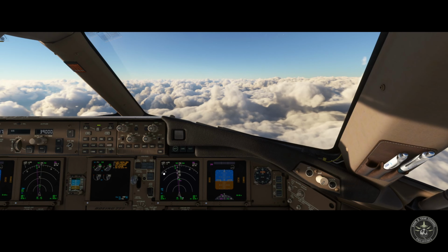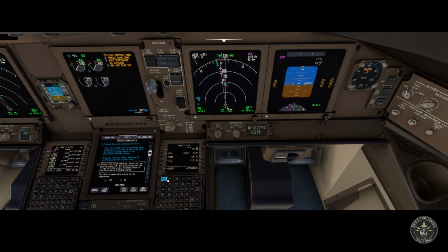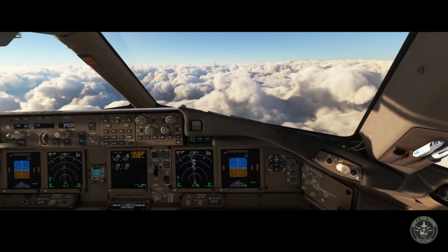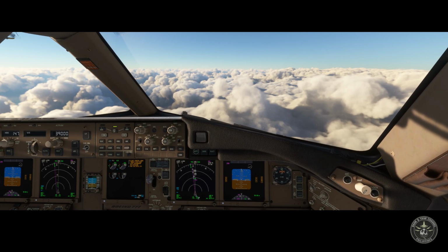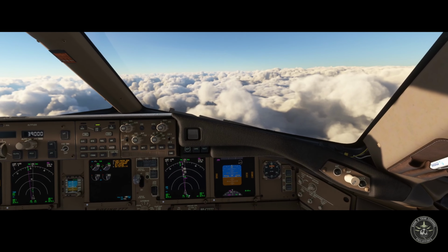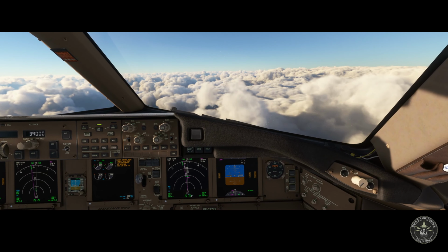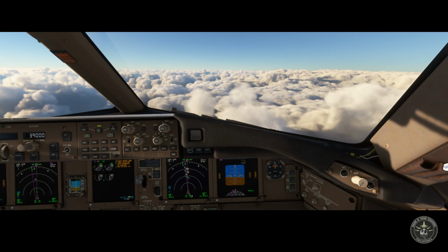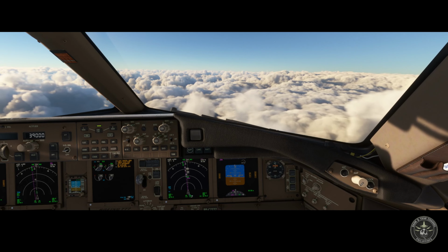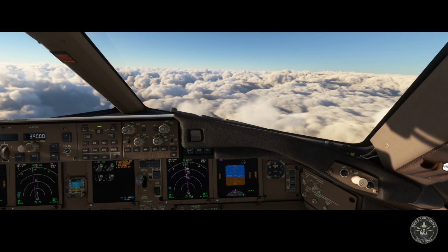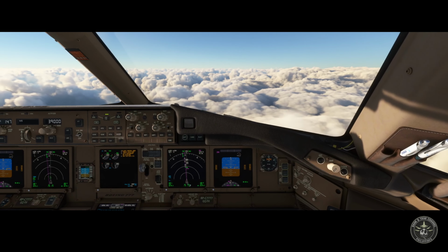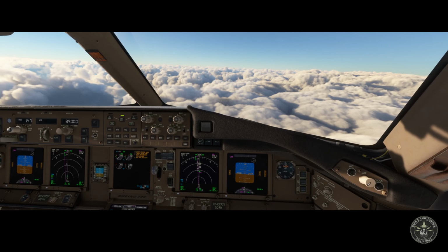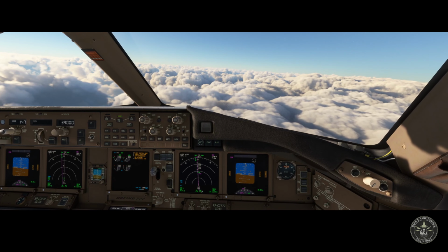Weight is 211.9. If you want level flight, we're going to maintain 2.5 degrees pitch and 63% N1. So 2.5 degrees, 63% N1.